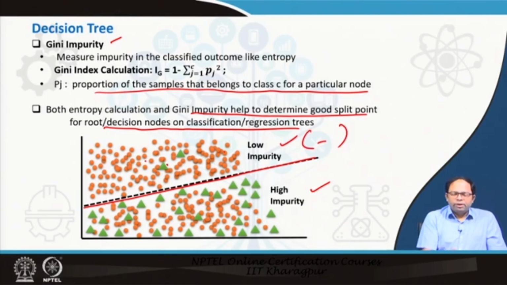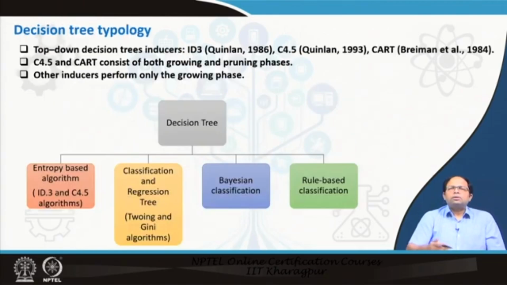Overall, when we do this, the overall information gain is the gain over here plus the gain over here, multiplied with the proportion of data points that are there. In that way we can calculate the overall information gain. This is what is used to decide what parameters should be used to split the tree, which parameter should be at the beginning of the split, and which parameter should come subsequently.